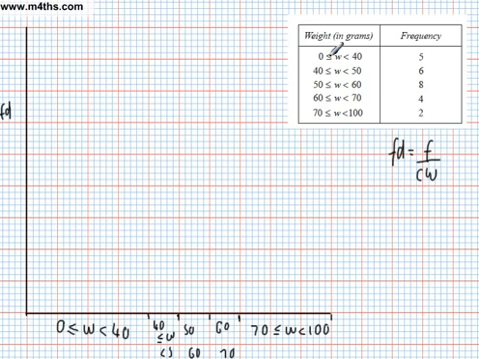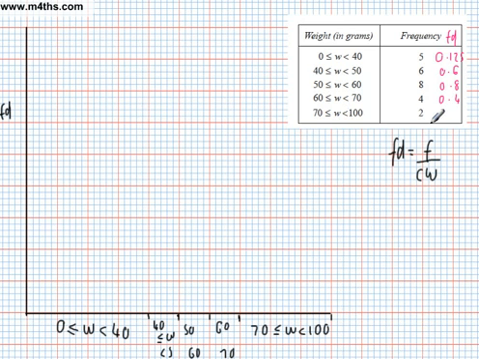5 divided by 40 is 1/8, which is 0.125. So 0.125 is the frequency density. Next, the class width is 10 and the frequency is 6, so 6 divided by 10 is 0.6. 8 divided by 10 is 0.8, 4 divided by 10 is 0.4, and 2 divided by 30 is going to give us